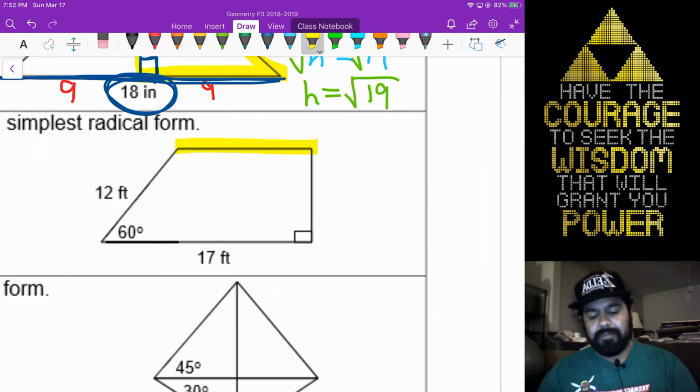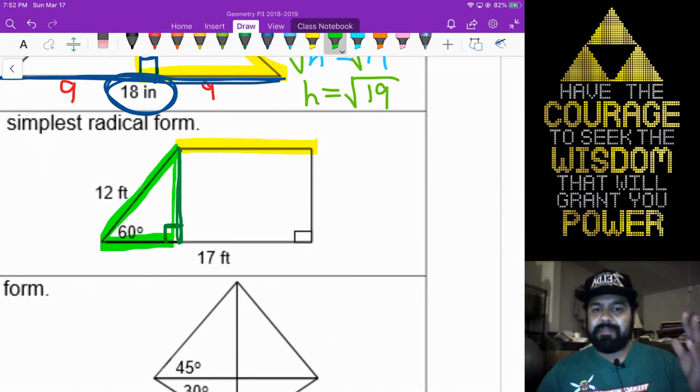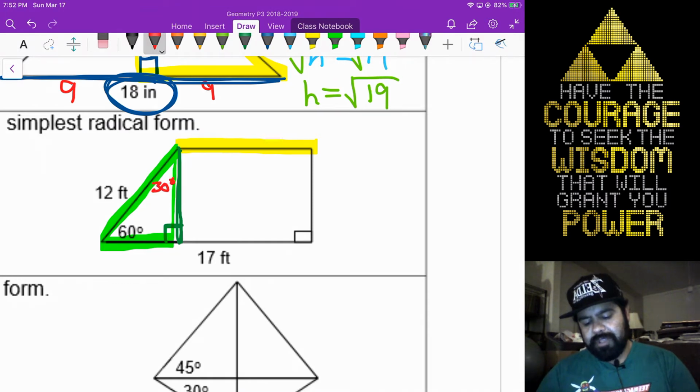But from hopefully all the time you've seen these trapezoids, you've thought, oh wait, we know how to find the height, because we can split this trapezoid into 2 shapes that we do know how to work with. Right, on this left side here we have our special right triangle, our 30, 60, 90, the Mr. T triangle like I told y'all. So 30 degrees here points to the short leg. So that means we're going to take this 12 and divide it by 2.